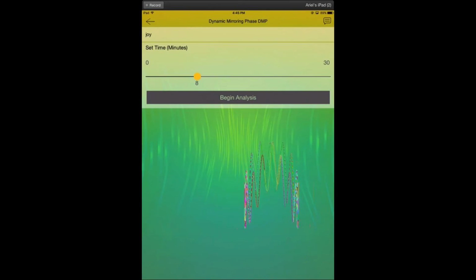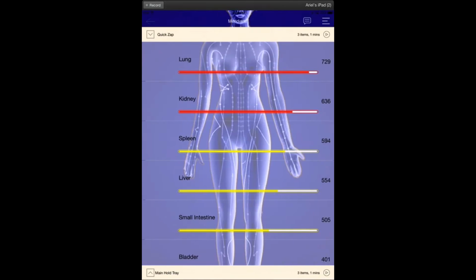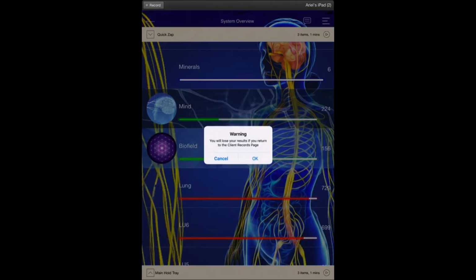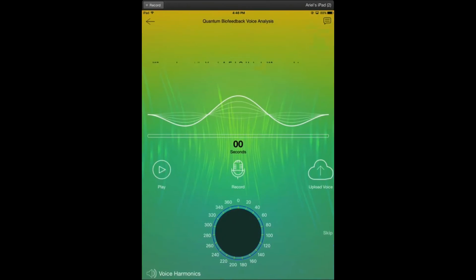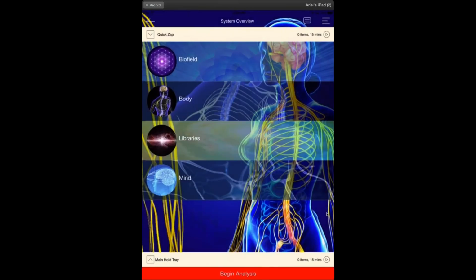Okay, how do we go past the picture if I don't want to take one at the time? So Sandy, all you do is you just hit the skip at the right. If you look at your lower right screen, we could just shoot right back there. So if you're at the beginning of a session, we could go all the way back here, right? And then you bring up the client. Let's go back to the dog here. And so we could maybe get him to bark, whatever. We don't want to take his picture. We just hit skip. Skip is right down here at the bottom right. Okay.